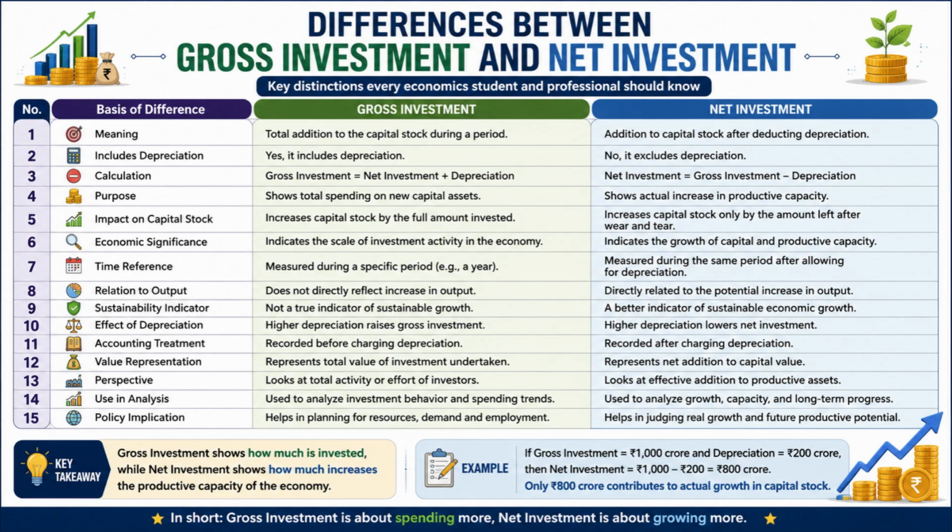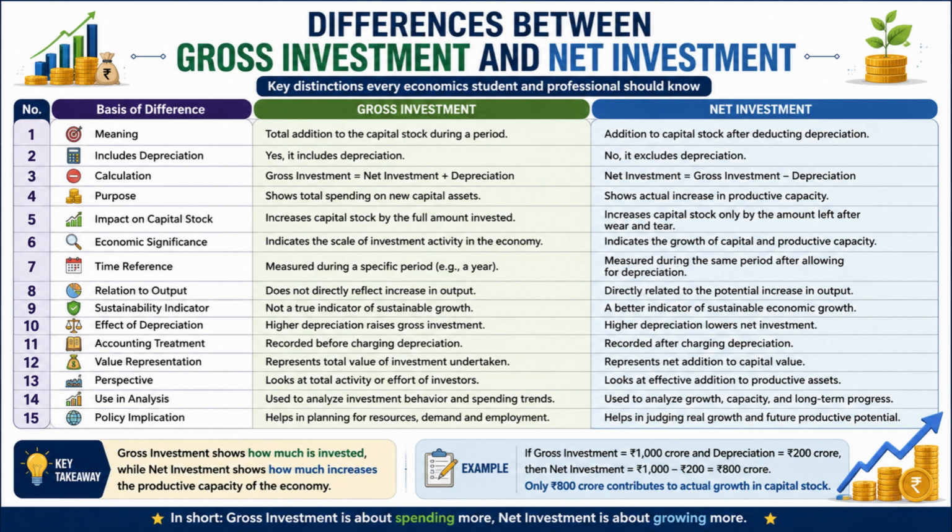Number 1. Gross investment refers to the total addition to capital stock during a period, whereas net investment refers to the addition to capital stock after deducting depreciation. Number 2. Gross investment includes depreciation, whereas net investment excludes depreciation. Number 3. Gross investment is calculated as net investment plus depreciation, whereas net investment is calculated as gross investment minus depreciation. Number 4. Gross investment shows the total spending on new capital assets, whereas net investment shows the actual increase